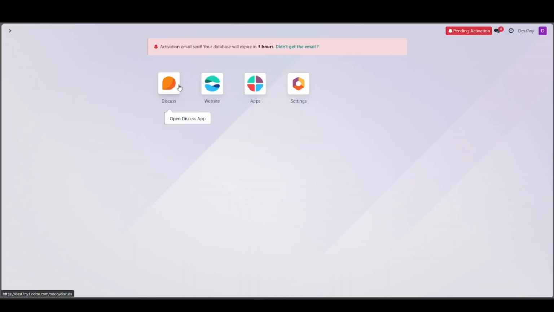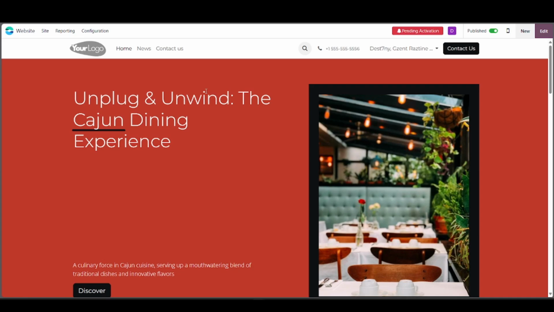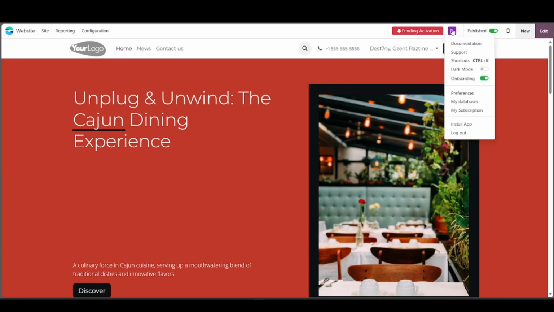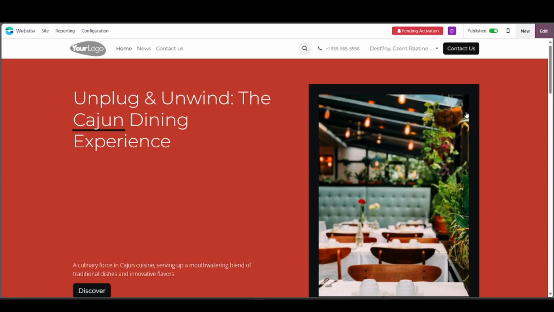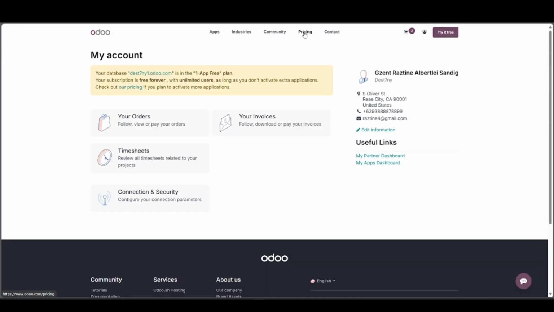So once you have your apps and you're already logged in, you can go ahead to the website option app and go to your account over here that has a proper picture. If you start it should just be a letter. Down here you can find these my subscriptions option. Once you're here, you should go ahead to the pricing option, which is above,